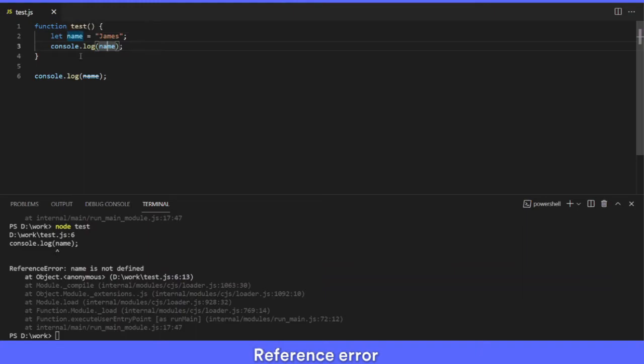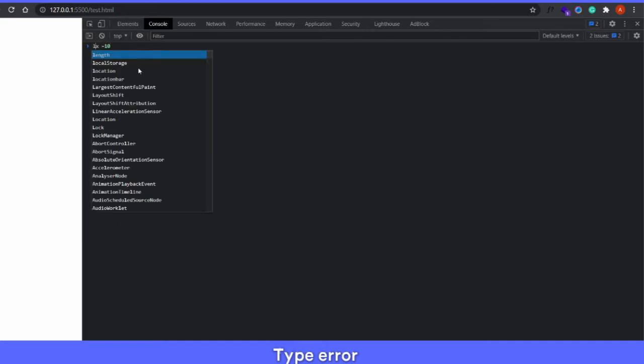So if a variable is being accessed inside a scope which it is not a part of, you also get a reference error. Now the next type of error would be the type error. The JavaScript engine basically throws a type error whenever a variable or a parameter is not of an expected type. For instance, if I try to define a variable x with a value of 10, let me define it properly. Now if I try to use it as a function, so if I pass parentheses after this x variable, you can already see that there's a type error which says that x is not a function.